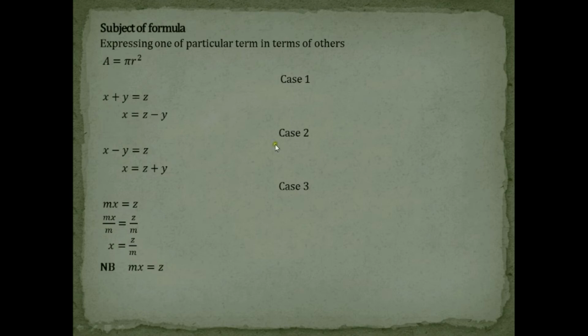Now there's something I would like to point out here. Nota bene. mx equal to z. Another way of dividing both sides by m is also by multiplying both sides by the multiplicative inverse of m. The multiplicative inverse of m is 1 over m. So instead of saying I divide both sides by m, it's still the same thing as multiplying both sides by 1 over m, because multiplying both sides by 1 over m is still the same thing as dividing both sides by m. That is, the m is going to cancel the m right there,